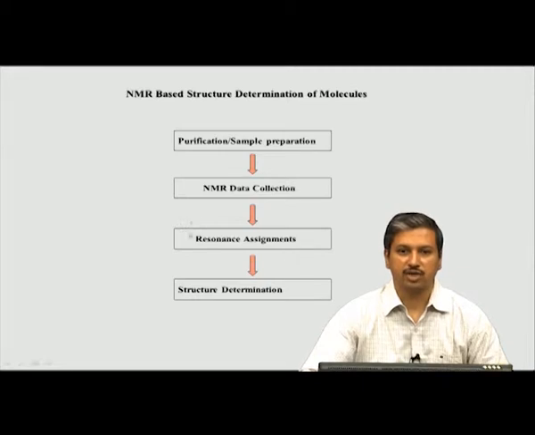Now, once the assignments are done, then we go on to structure determination. So, remember, structure determination here does not mean simply the structural formula of the compound, like we saw in the case of 1D and 2D NMR. We looked at a few examples where we had only the molecular formula, and we tried to figure out the different functional group connectivity and arrive at the structural formula, but that is not what is meant here.